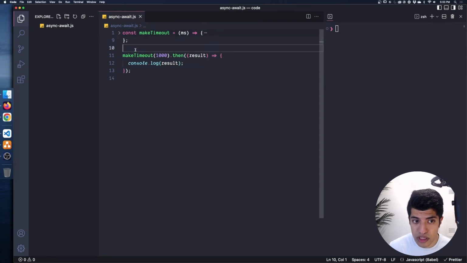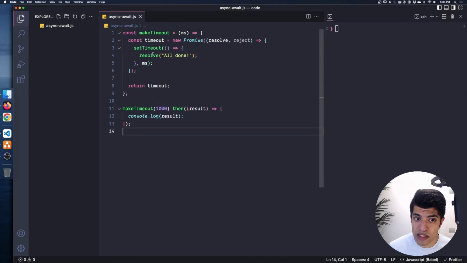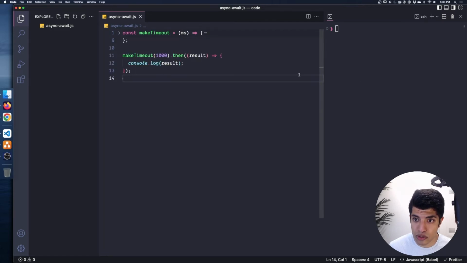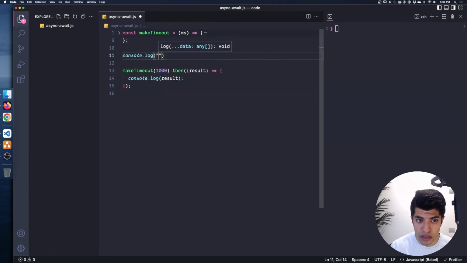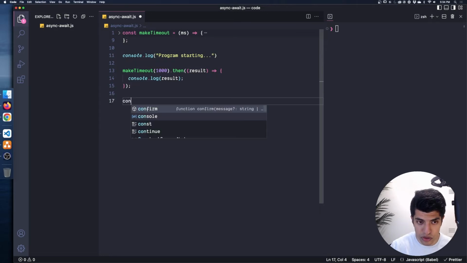Okay, so what we're going to see here is 1,000 milliseconds are going to pass, and then we're going to see the message, which is "all done," printed out to the console. And just to prove that this really is working that way, I'm going to console.log out here. I'm going to say "program starting," and then I'm going to say console.log down here,